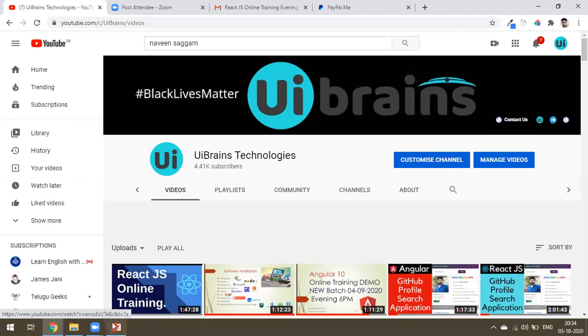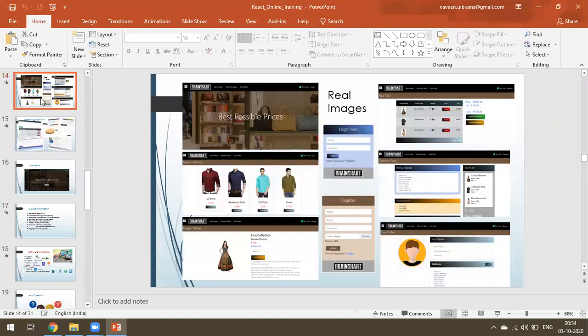Even if you take this e-commerce application, each and every page looks similar. By seeing this front end, you can't tell whether it's React or Angular. In the Angular class it is completely Angular, and in the React.js class it's completely React.